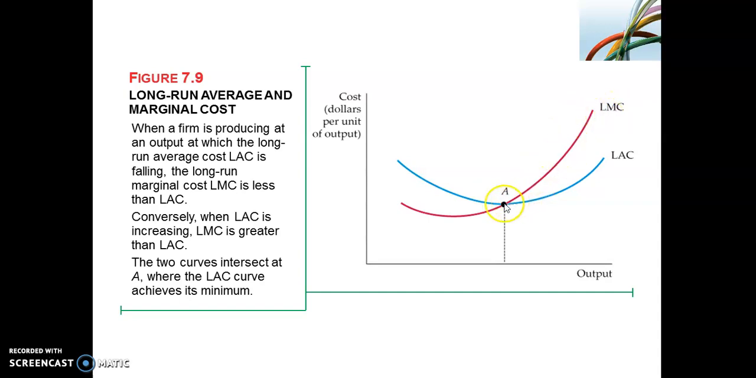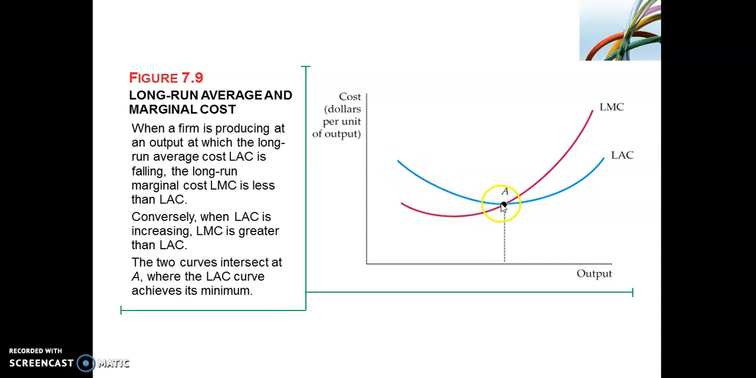cost curve. At point A, you can see that these two curves intersect, and they intersect at the minimum point of the long run average cost curve. So that is where they intersect. Now we can see that for output levels in this region, before the intersection of your long run marginal cost and long run average cost, we have a scenario where the long run average cost is declining or falling. And while your long run average cost is declining, you find that your long run marginal cost lies below